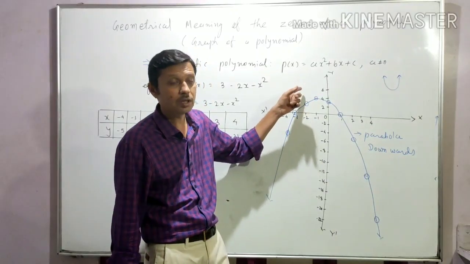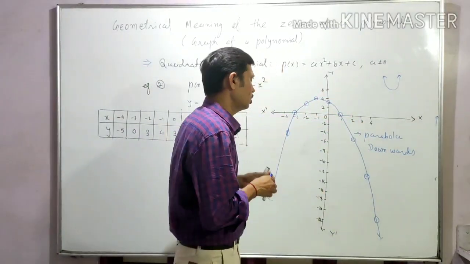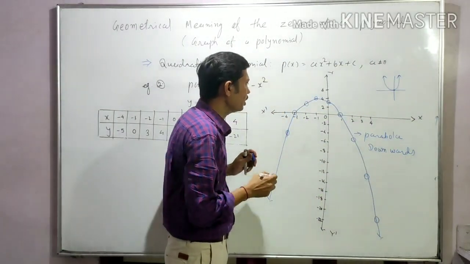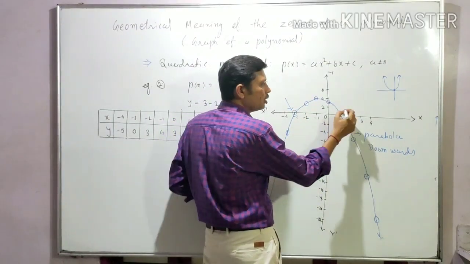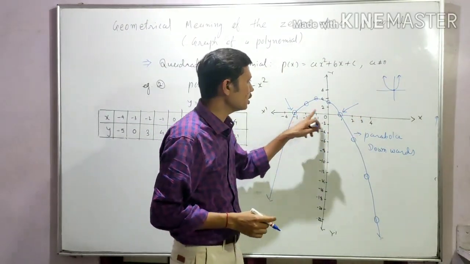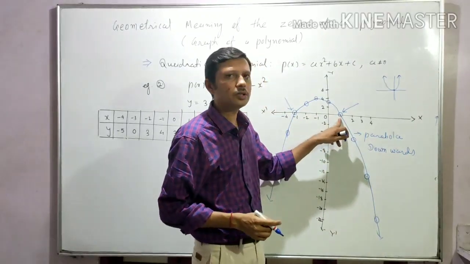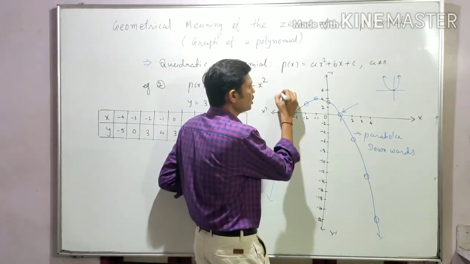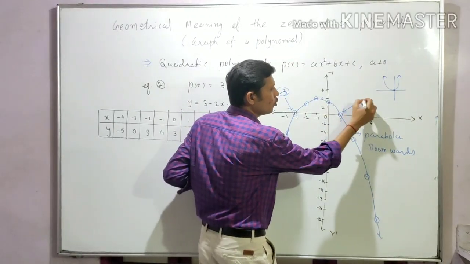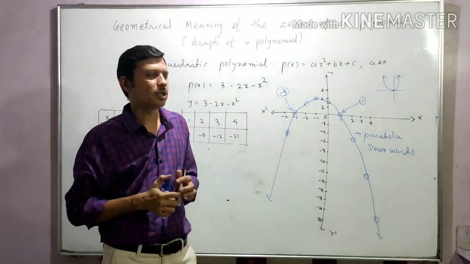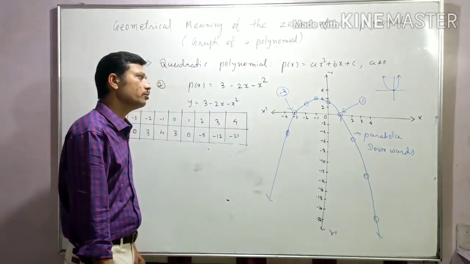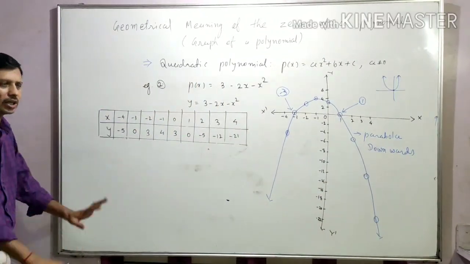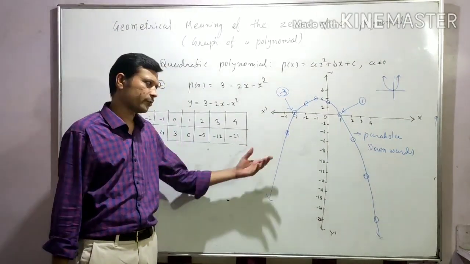And earlier in our example, we had 1, 0, a graph like this. But here you can see this one is also an intersection point, and this one too. At both these points our polynomial value is 0. So here we have two zeros: minus 3 and 1. These two are the zeros of this quadratic polynomial. Understood? Once again, guys, plotting the graph is not a requirement of our syllabus, but I am explaining this to help you understand better.